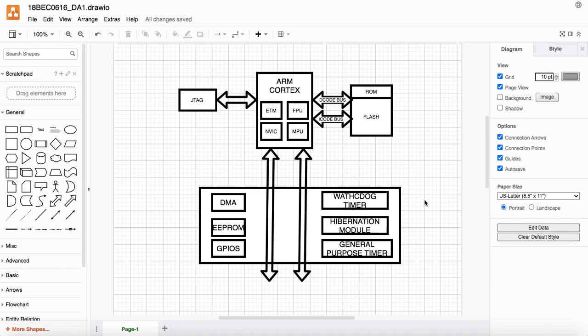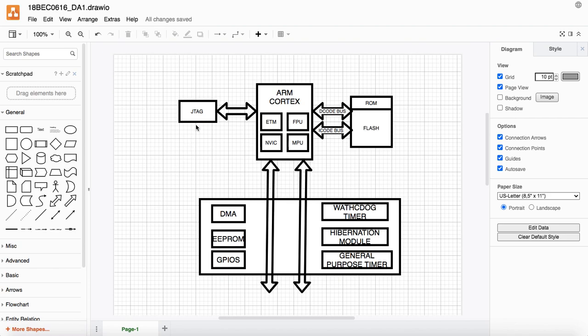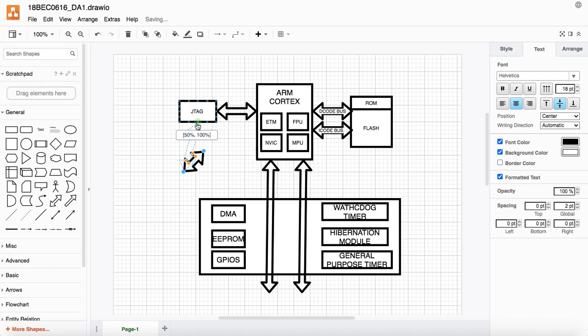Suppose I need an arrow to connect this with this, I would bring this arrow and use an elbow connector to connect it like that.